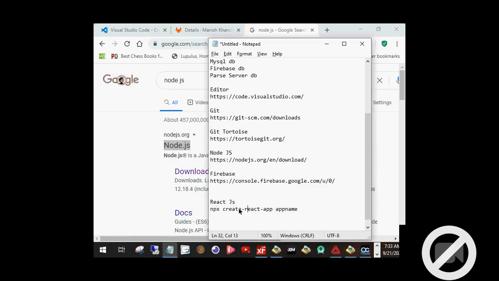So this command is the node command. Once you install Node, you will be able to use this command. Without Node, you won't be able to install React, because all the modules and all the things React needs come through Node.js. So without Node.js, you cannot install